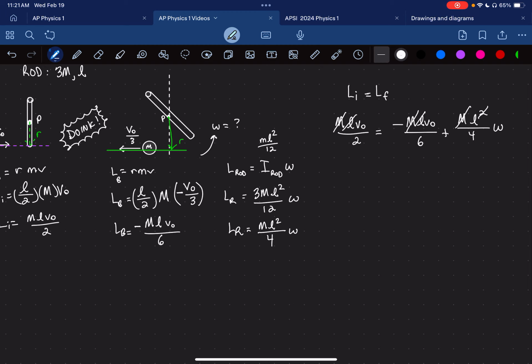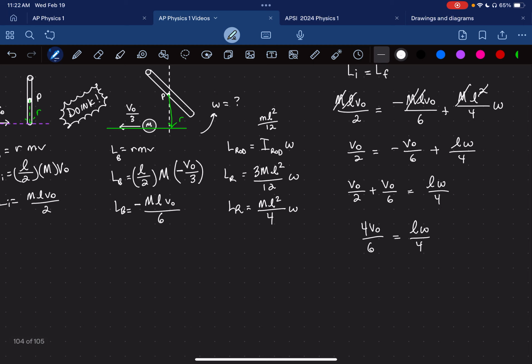Very careful here, just the 2. We're left with V naught over 2 equals negative V naught over 6 plus L omega over 4. We can add V naught over 6, and we'll get a common denominator here. This comes out to 4 V naught over 6 is L omega over 4,